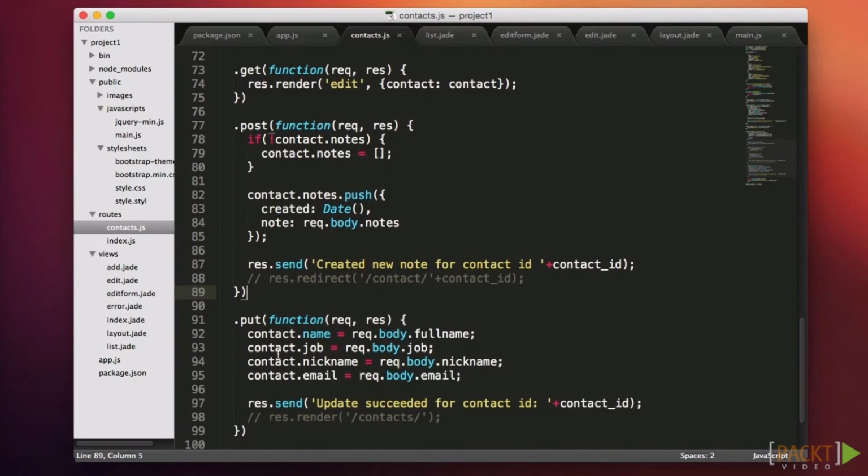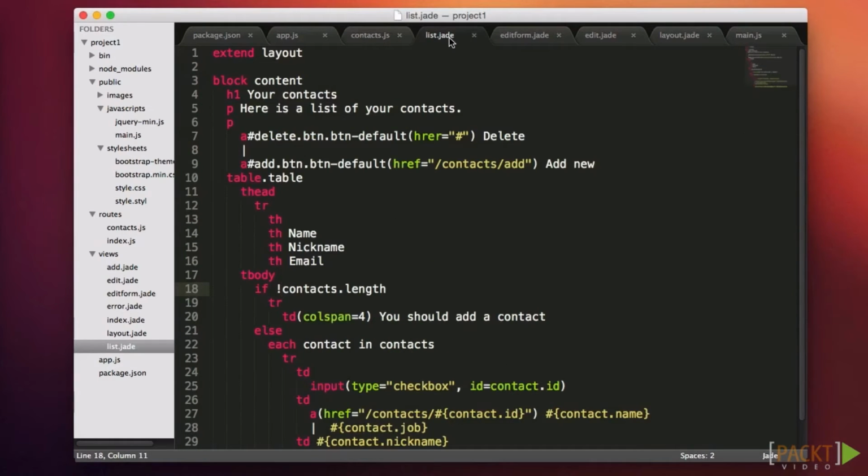The last function we'll update this time is the .put method. In this case, we just have to update the contact's properties with those from the form, and then we'll res.send the confirmation message. Now let's go to our Jade file for the list and see what it takes to show